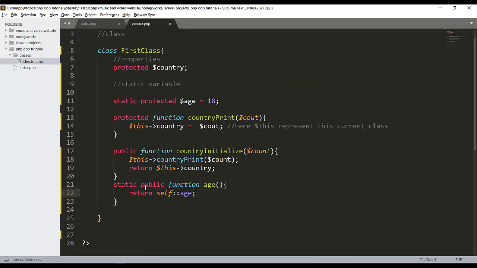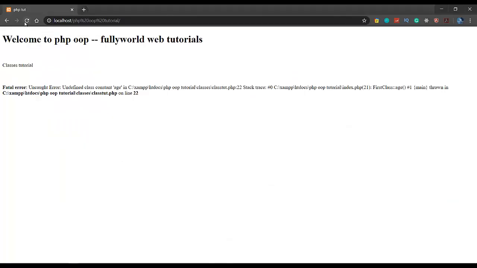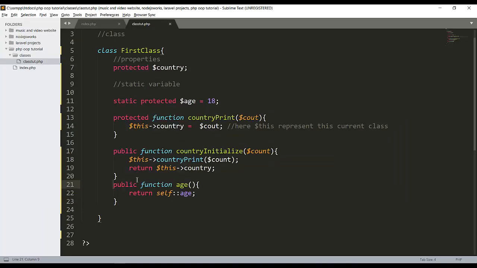See that this is a static function here, so we cannot print a static function here. So here we are returning $this->age, self age, self::$age. This was an error here.